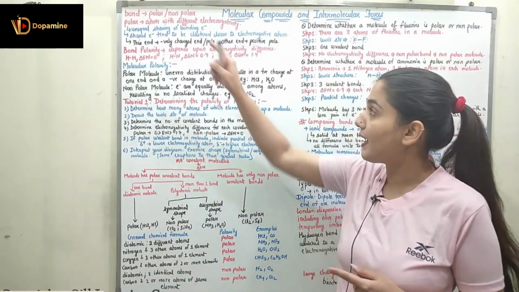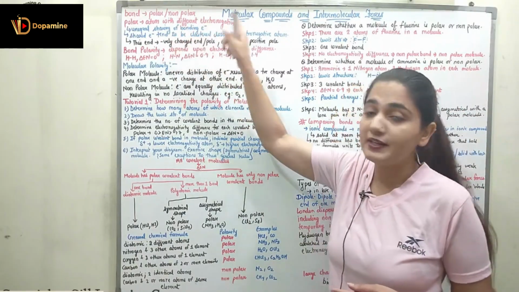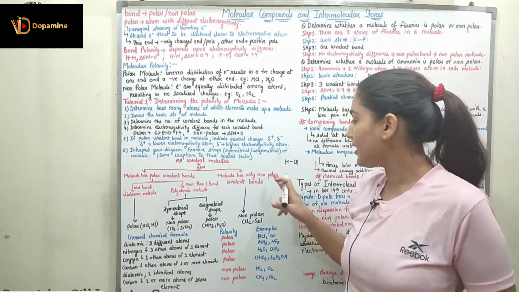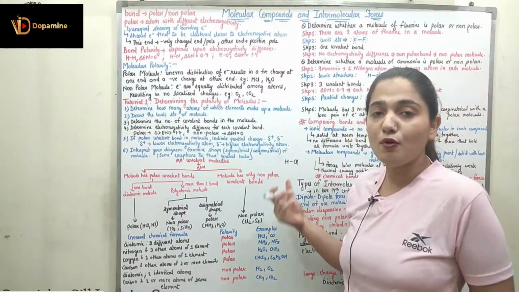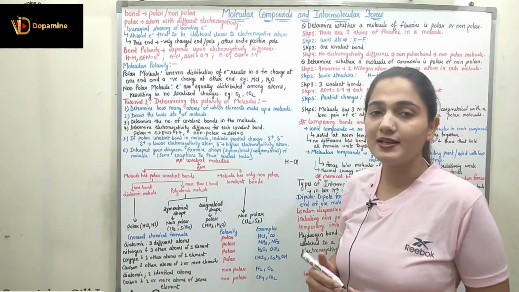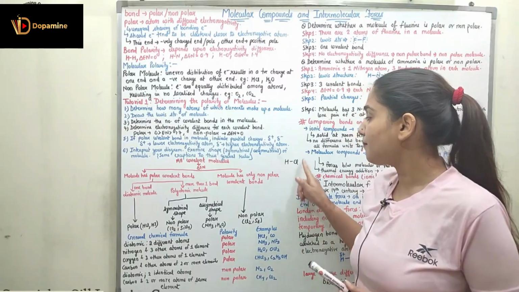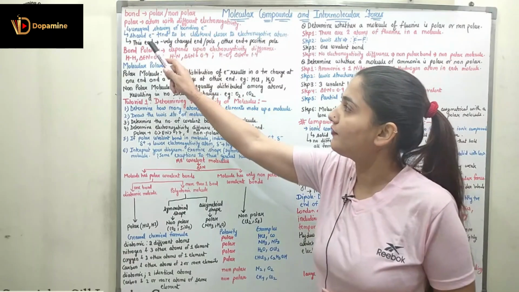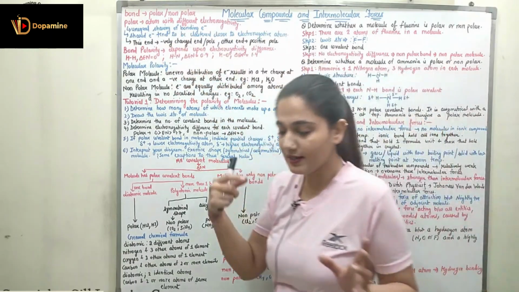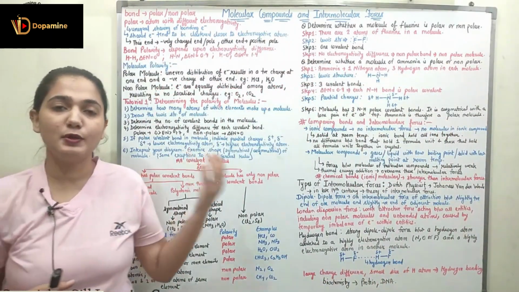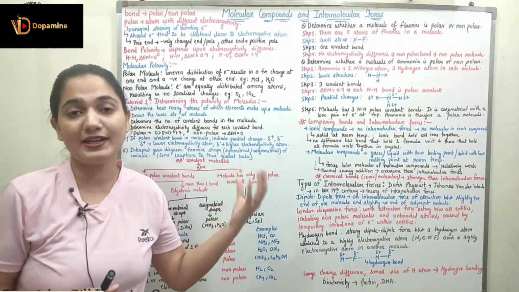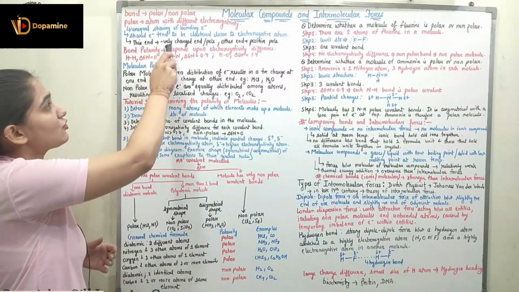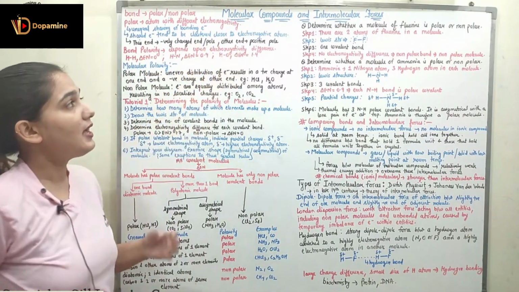In the polar covalent bond, I will always have atoms with different electronegativity, like hydrogen and chlorine. So in HCl, we have chlorine as the more electronegative atom and hydrogen as the less electronegative atom. So I can say this is a polar covalent bond formation, right? Now after that we have the unequal sharing of bonding electrons. The bonding electrons are unequally shared between the two atoms, right? The more electronegative atom is going to attract the bonding electrons towards itself. Shared electrons tend to be clustered closer to the electronegative atom.